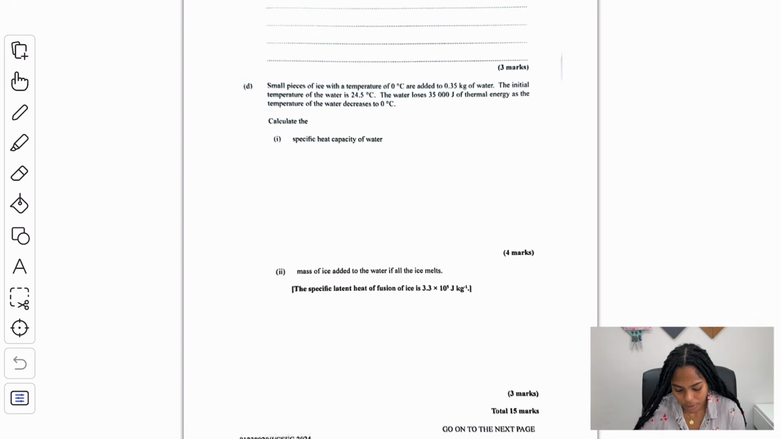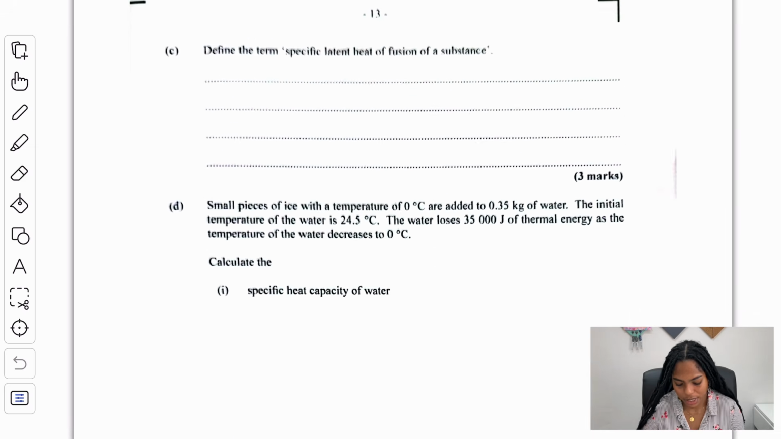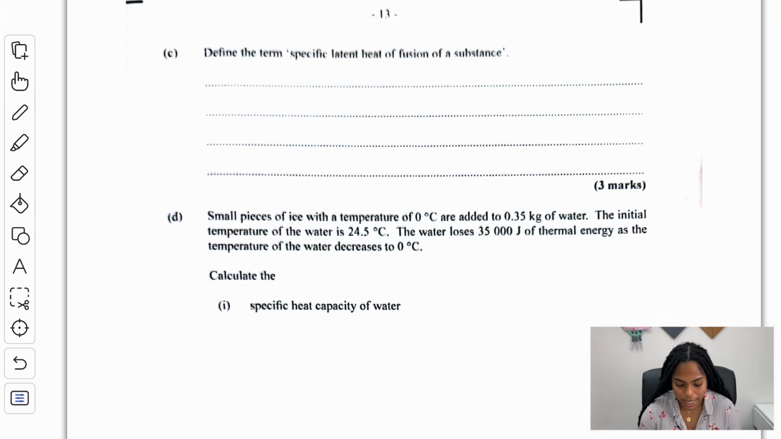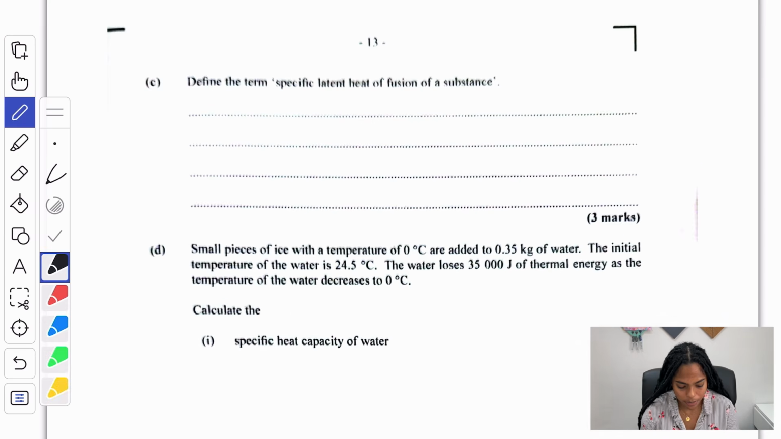Now, define the term specific latent heat of fusion. Anytime we see the word specific, it means per unit mass, as in per kilogram. Anytime we see latent, latent means hidden. Now, fusion means melting. So to define this, I'll say this is the